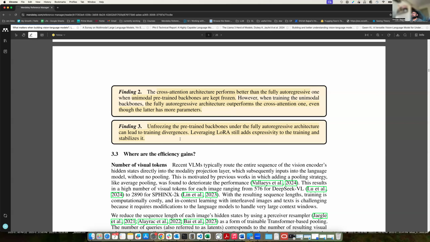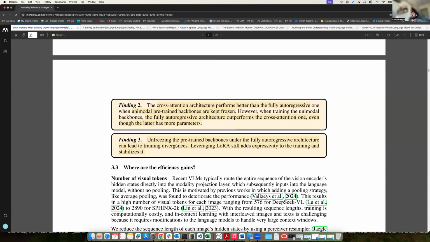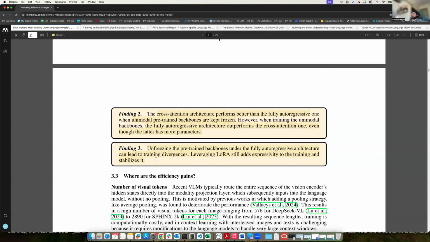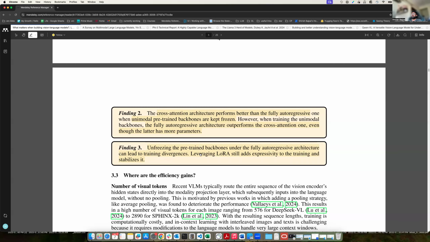Again, this is their finding, but my opinion is that it also depends a lot on the training stage and the training data that is used. So we have to be very careful while fully training when we unfreeze the pre-trained weights. But anyway, these are the learnings. Findings two and three, from a high level, look like they are contradicting, but the takeaways are that